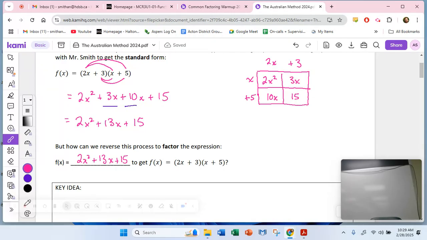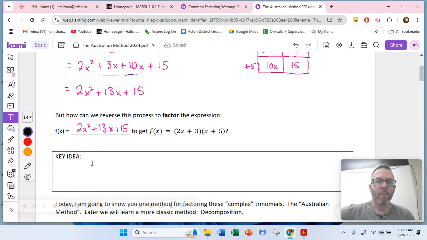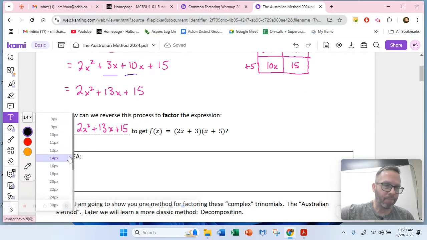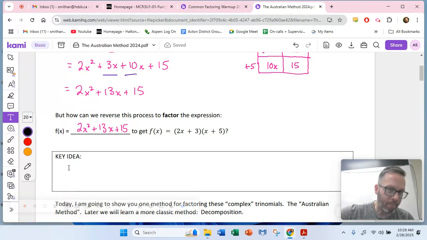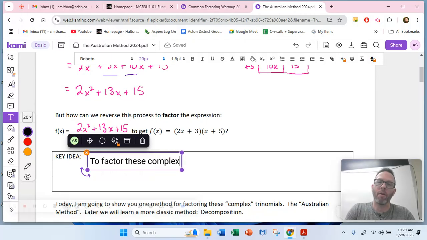So the big idea for today, guys, in order to factor this last level of quadratic function, everybody would jot this down. So again, we're currently in review mode for the people that took 2D, or this might be new for the people that took 2P last year. All right. To factor these complex trinomials,